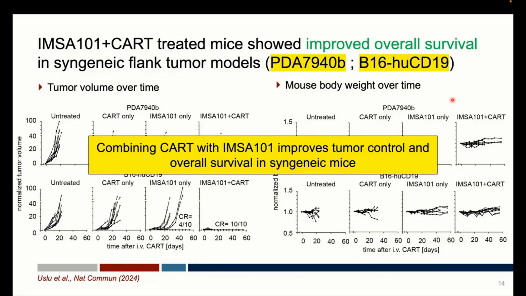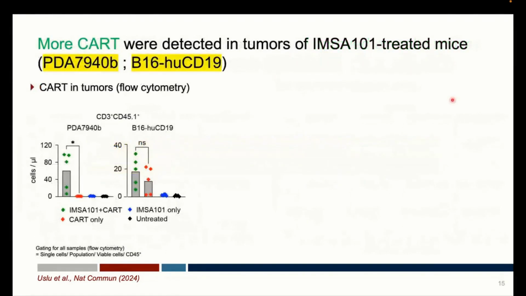In order to test that, we repeated the animal experiments. We took out the tumors 1 week after treatment, prepared the tumor single cell suspension, and ran flow cytometry. So in flow cytometry, we looked for the CAR T cells. Shown here is the count of the intratumoral CAR T cells. On the left, the PDA tumor model, on the right, the B16 model. And in both animal models, we can see that there are more intratumoral CAR T cells in the combination treatment group, which is shown here in green,